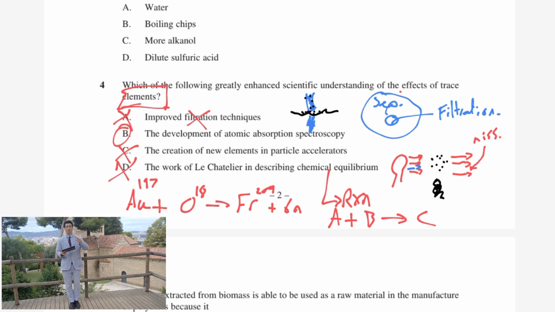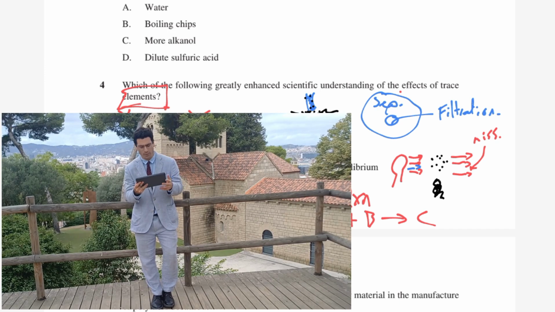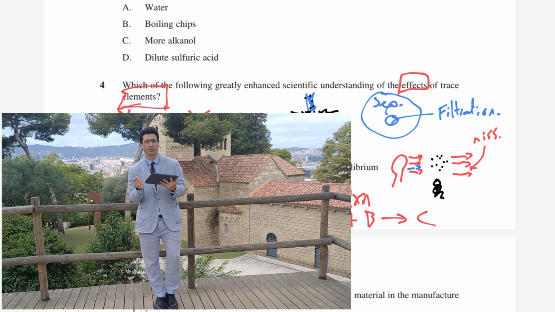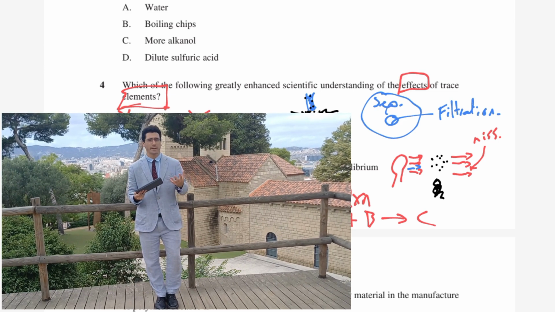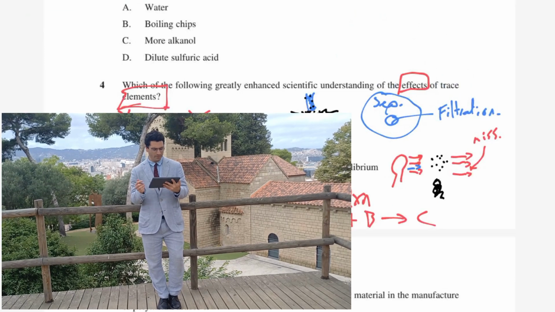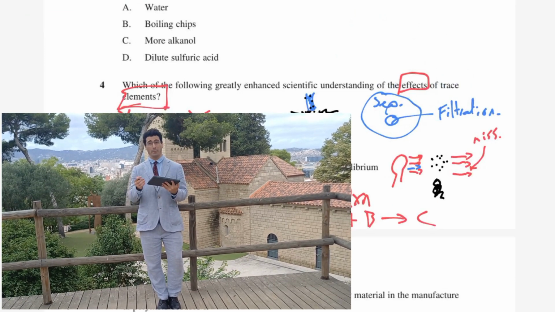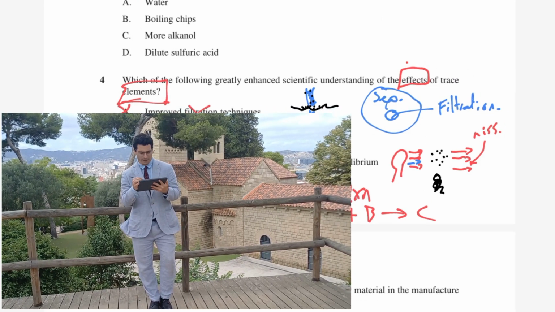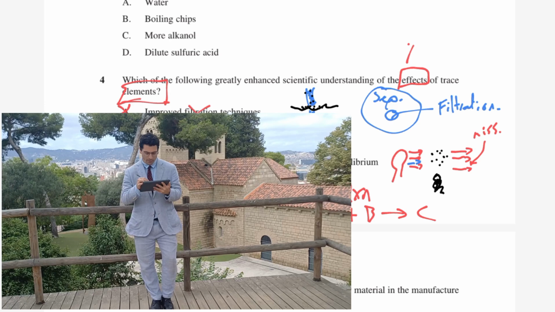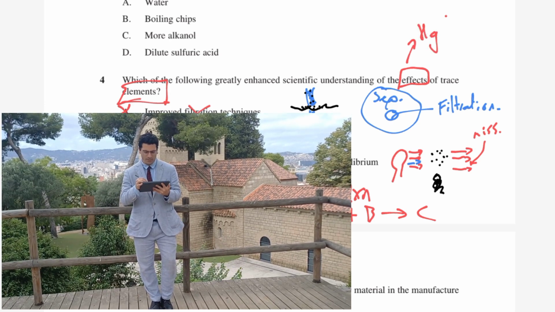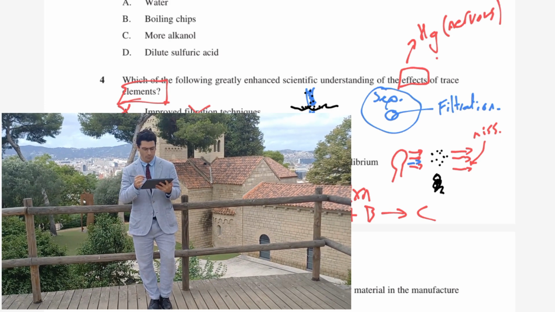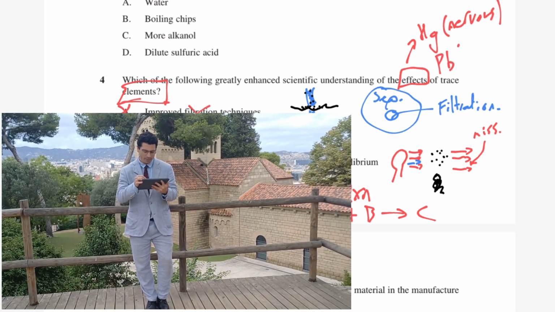Finally, just a comment, just a personal opinion I have about the tone of the question. When it says the effects of trace elements, it might just be the toxicologist in me, but this really does scream to me something about human health. Now, the effects of trace elements, probably the most popular thought which might come into someone's head would be mercury and lead. Now, we know that mercury, which is Hg, has effects on the nervous system at trace element quantities, and we know that lead can cause infertility